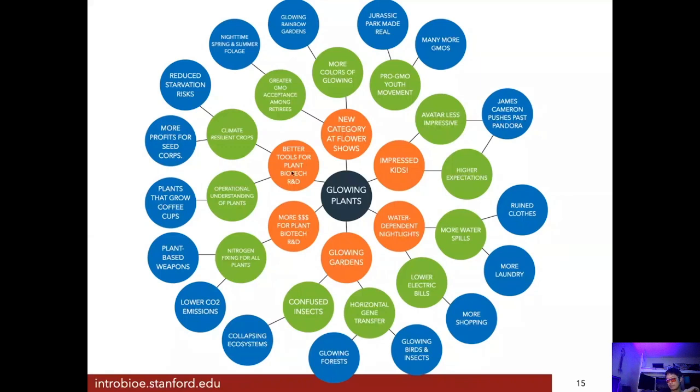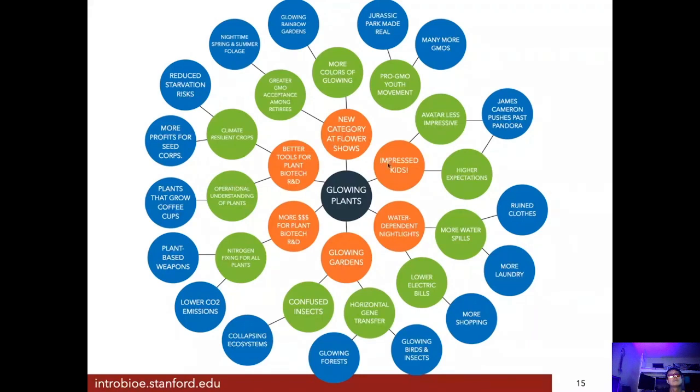All right. And if that's true, maybe I get actually, no, even just the glowing plants itself, this is a first order impact. It's a better tool for plant R&D. I can use the glow to tell me whether genes are on or off in certain tissue types. So like glowing as a print statement or an output statement to let me understand plants. Like super cool tool for plant R&D research. There's more first order consequences. Just get a sense of it.